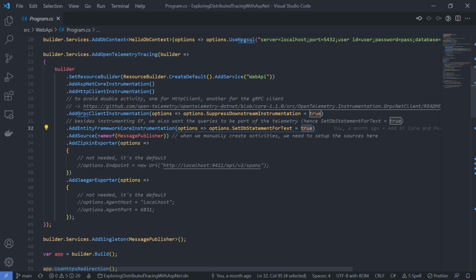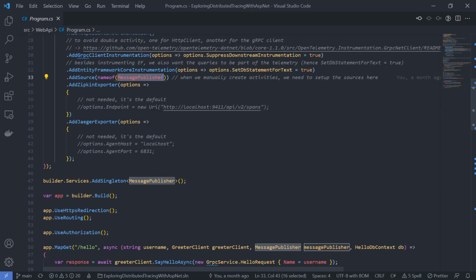So back here, Entity Framework, then AddSource. This is when we want to create a source for traces, for spans. We need to put it here, and we'll see why. This is the message publisher, so this is to implement the support for RabbitMQ. And then AddZipkinExporter and AddJaegerExporter. Okay, so we need to go to the message publisher to see it in action, but before, let's go to the